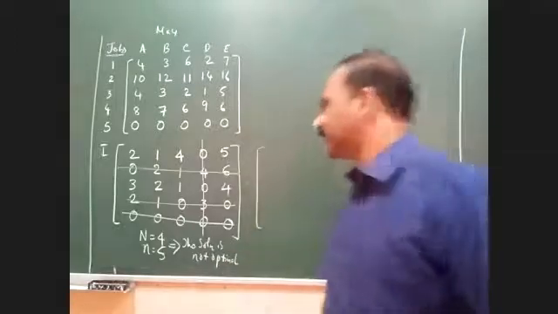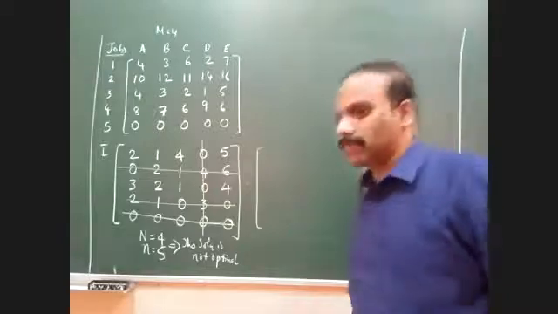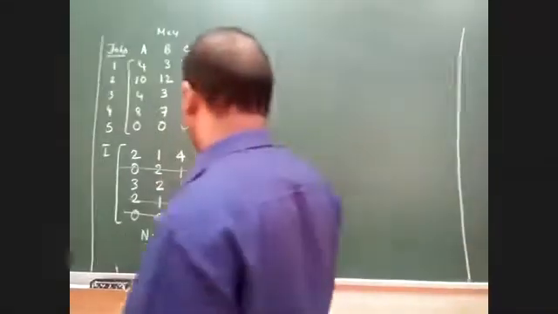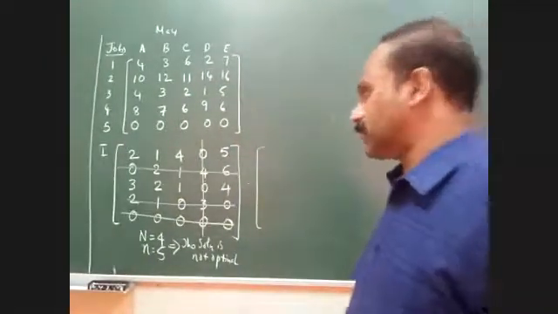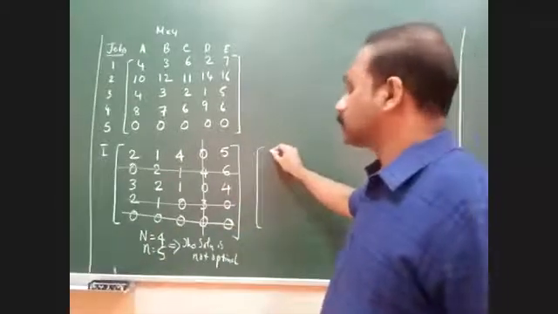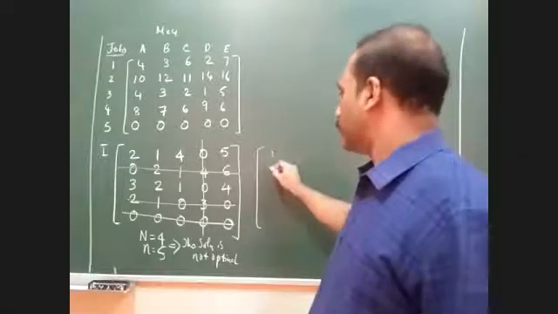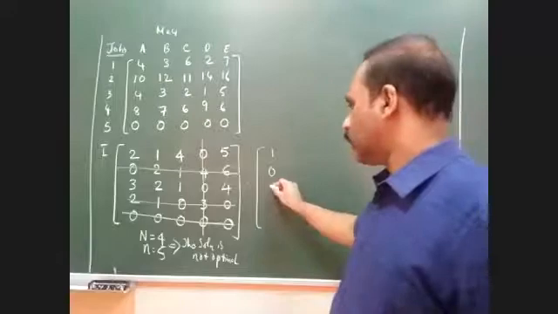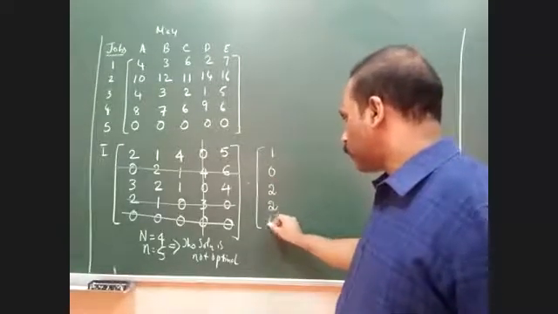Okay, let's start here. Can you please tell me which is the smallest uncovered element in this entire matrix? 1. Very good. So 1 is the smallest uncovered element. So let's do the calculation. I'm doing the calculations column wise. Let me start with the first column. So what will be the value now? 1, sir. Okay. Then the second value will become 0. No changes. The third value will become 2. The fourth value will remain the same, and the fifth also will remain the same.